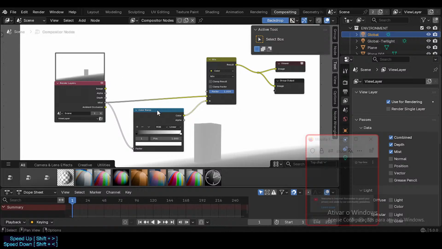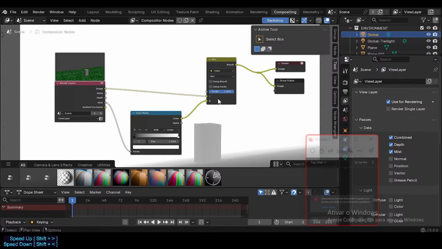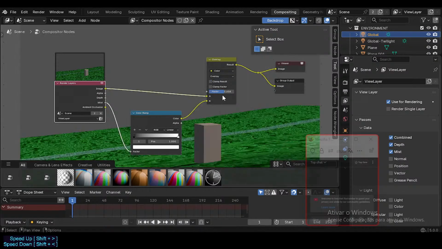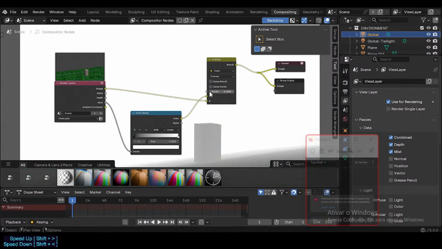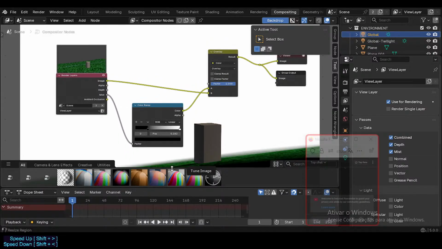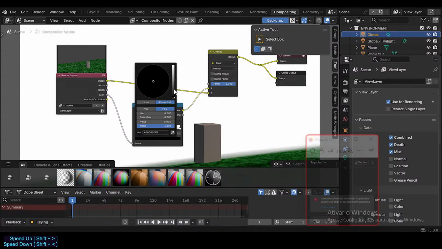Oh, it is not what I'm doing, of course. Very strong mist. So I think you can use mist in the game engine. Not sure if through the compositor or if there will be any other way, but